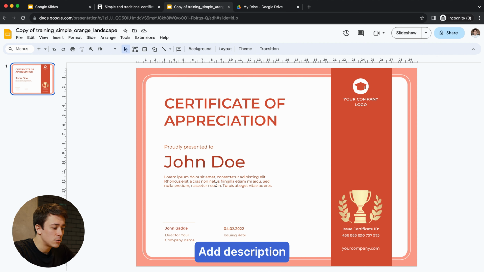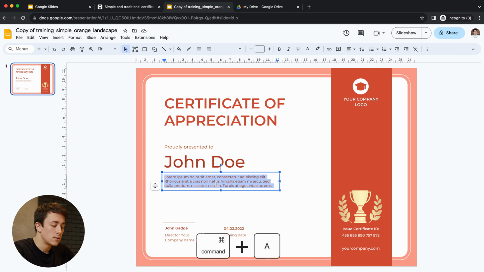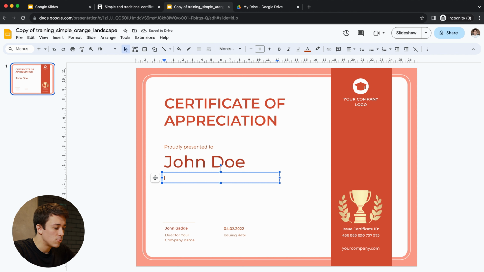Now let's go ahead and start editing the description. To select the entire description and just get rid of it, you can triple click on the entire text or use Command A to select all the text. Then just click on the delete button on your keyboard. Now I'm gonna start typing in the text for major contribution to sales numbers in Q4 of 2023.